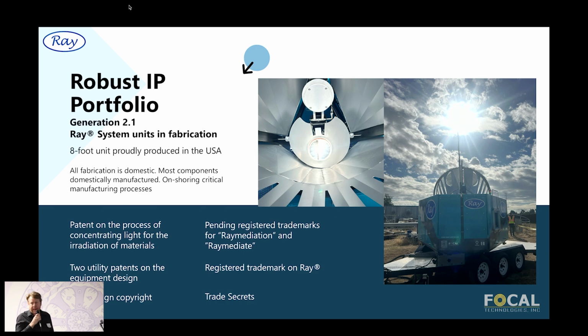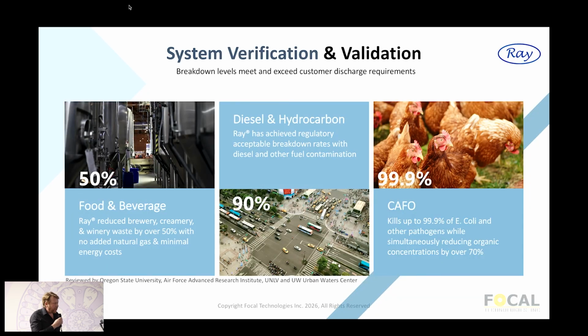We can talk about the patent process and how useful or not useful it is, but we have the patent on the process of concentrating light for the irradiation of materials. We have utility patents on 2 successive versions of the equipment and a whole range of copyrights and trade secrets of those things. But more importantly, we verified it. So using